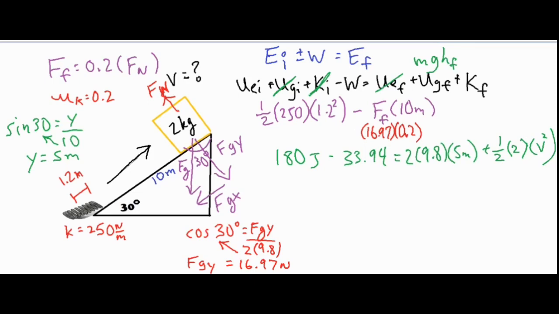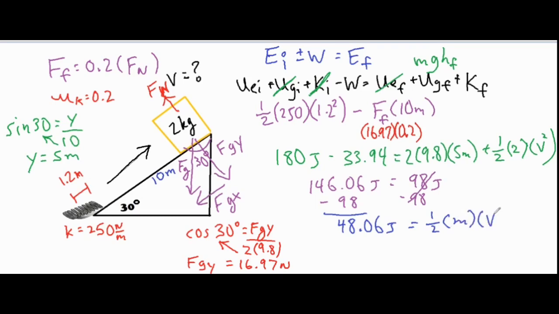All right, now we have everything we need. This entire side over here is going to be 146.06 joules. 2 times 9.8 times 5 is going to be 98 joules. So let's go ahead and subtract that from both sides. And then we have 48.06 joules, which equals